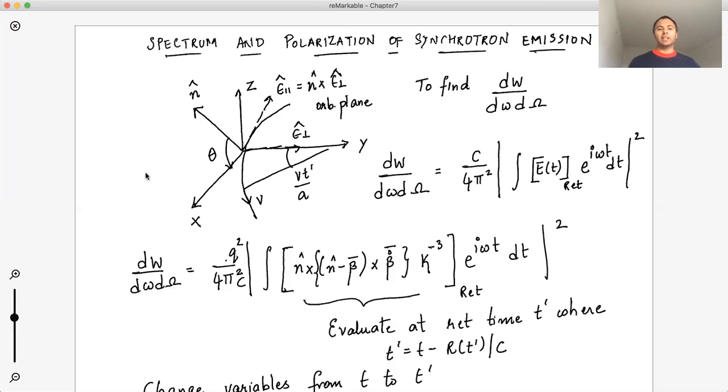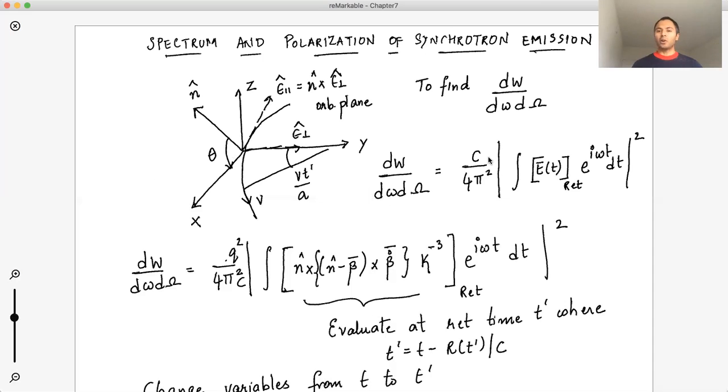And so we basically are going to go back to first principles here. We're going to say that we have a charge which is going in a helical trajectory, and we're going to try to find this quantity here, the amount of energy emitted per unit frequency per unit solid angle from this charge. That's what we're going to try to figure out. I'll come to the geometry in a bit. This is the geometry of the problem, but just to set up what we're trying to derive here, that quantity,